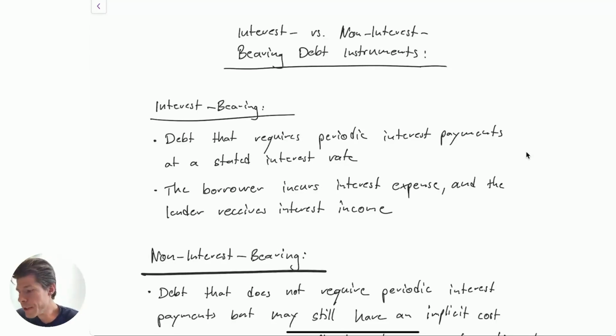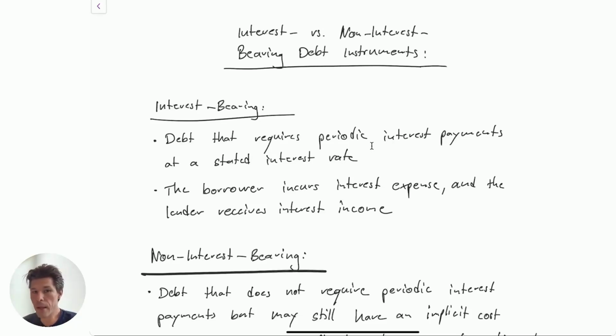I would like to give you a quick overview about interest-bearing versus non-interest-bearing debt instruments. It's quite important to differentiate different types of liabilities or debt instruments, especially for financial ratio analysis. So debt instruments in general can be classified into interest-bearing and non-interest-bearing, depending on whether they generate explicit interest expenses